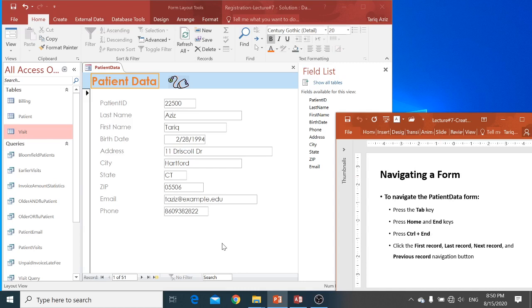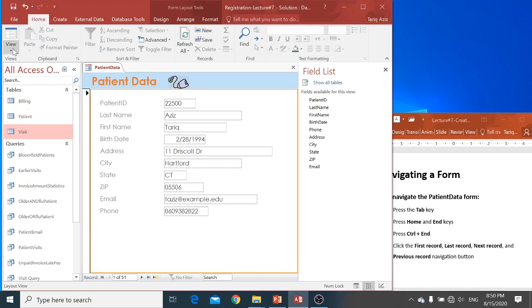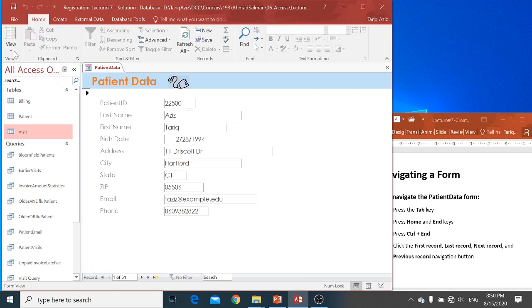So now navigating a form. If I'm here, I can go to the form view. Okay, this is my form view. So we have three views actually: the form view, the layout view, and the design view. So if I'm in the form view and I press end,